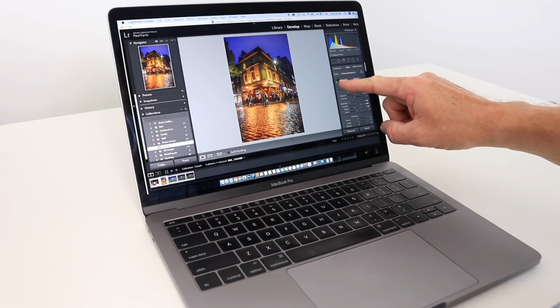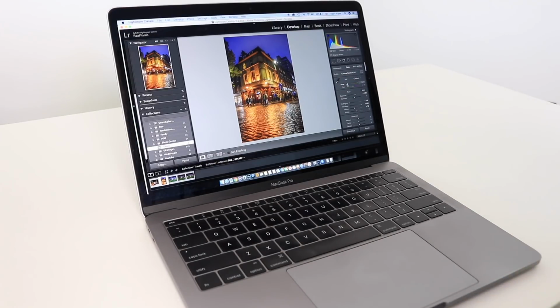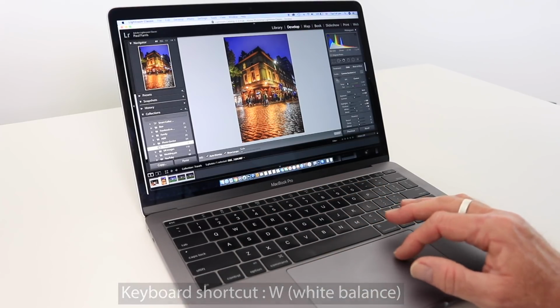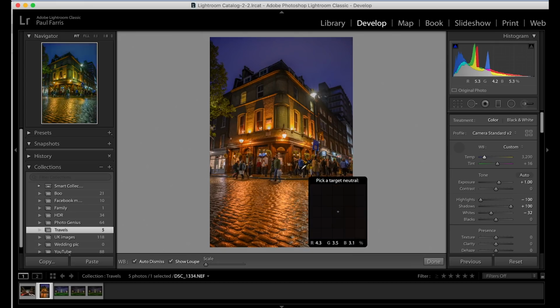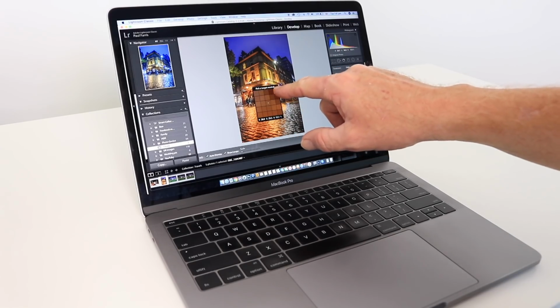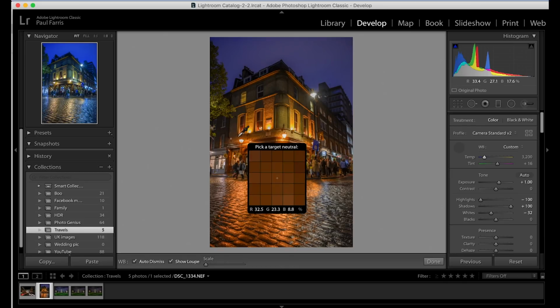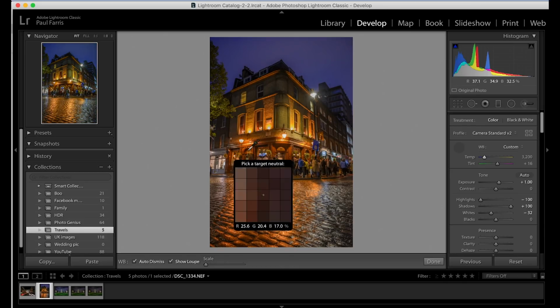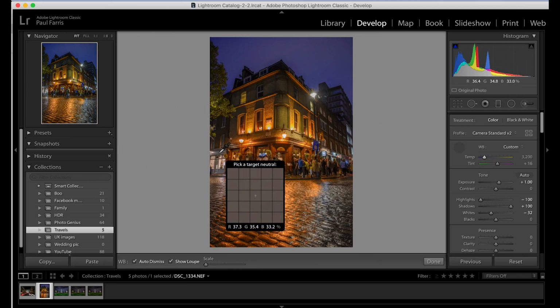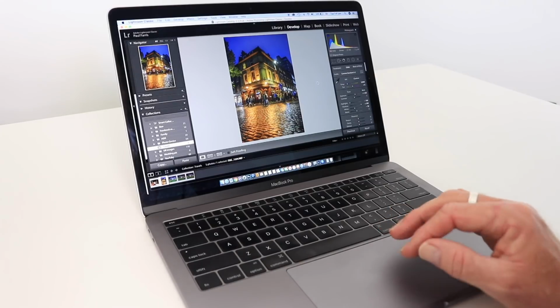And here we've got what is called the white balance dropper. Now the shortcut for this is W, or you can simply click on it, and you'll see the cursor change into a little dropper which you can move around the image. And as it says here, you want to pick a target that is neutral. So you're looking for something that is white or neutral grey, and I know the front of this shop is white. So I'm going to go over to that, click on that, and what it's done is corrected the white